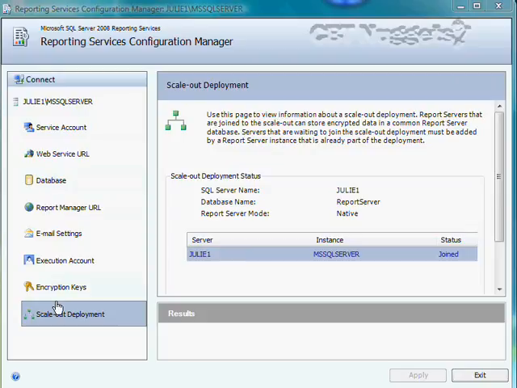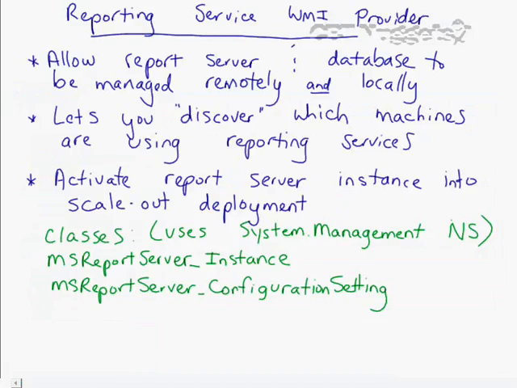Now, that is the graphical interface of making these modifications. I want to talk about automating this if you really want to scale out. Modifying these configurations programmatically could save you a lot of time in the long run. If you do want to programmatically modify any of the configuration settings using the WMI provider, here are some general